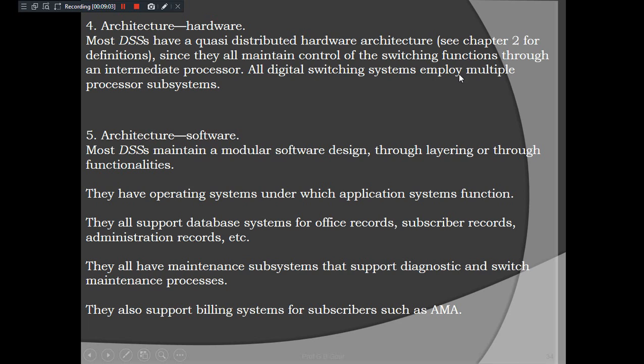All digital switching systems use multiple processor systems, because you have seen in many videos that 3 different levels are there. At each level we will have one separate operating system, and at the bottom level you will also have the central processor, and the middle level will have network control processors. So that's why it is called multiple processor subsystems. That is the hardware architecture.